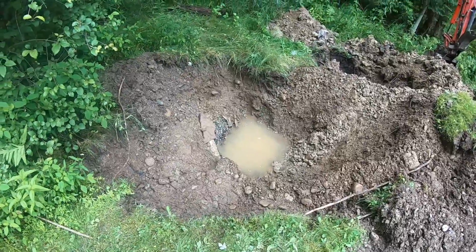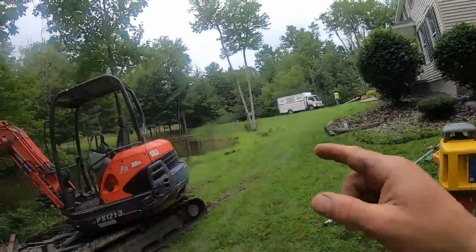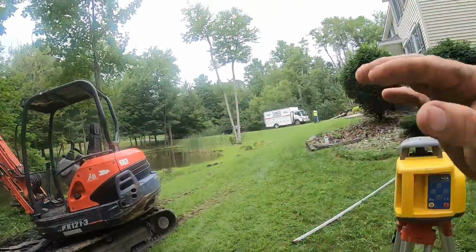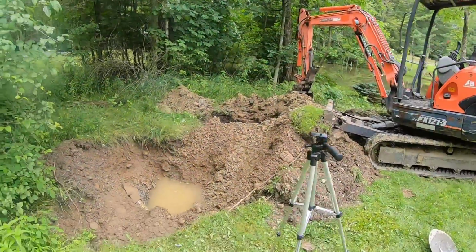All right, guys, quick update. We just shot with the laser the bottom of that pipe. Then we shot the water. We put the laser down in the water. There's 9 inches. So there's no way that's why the builder put that